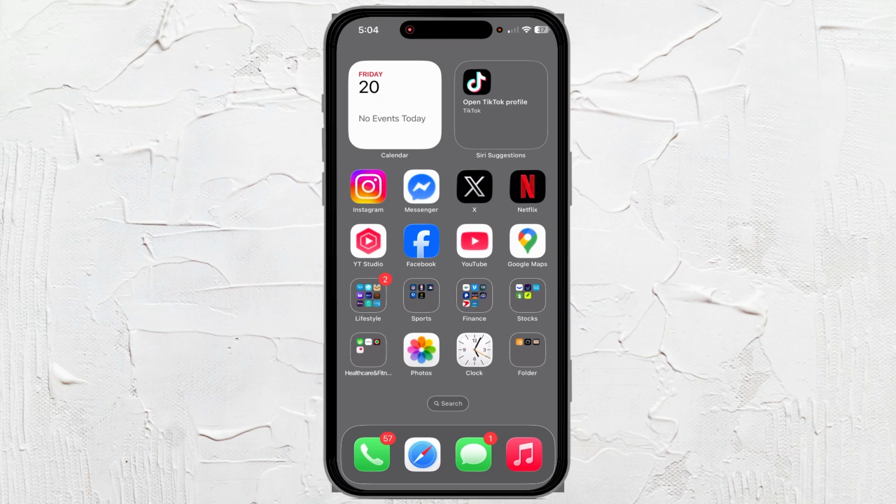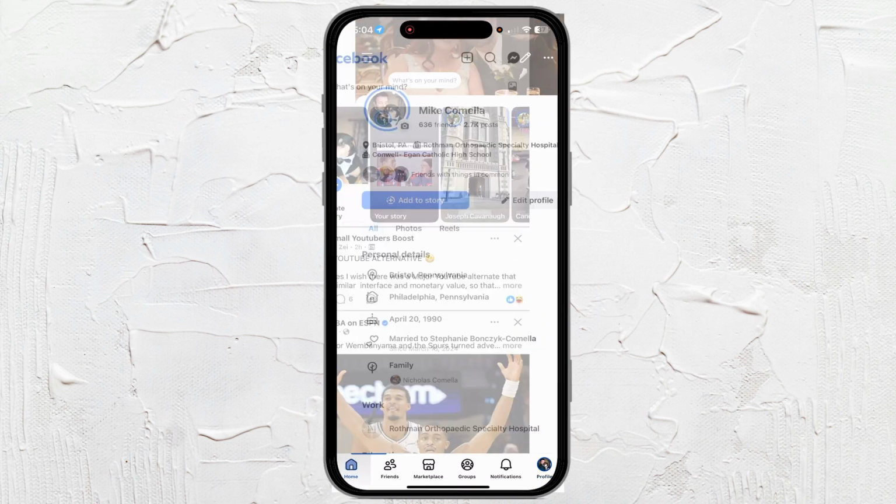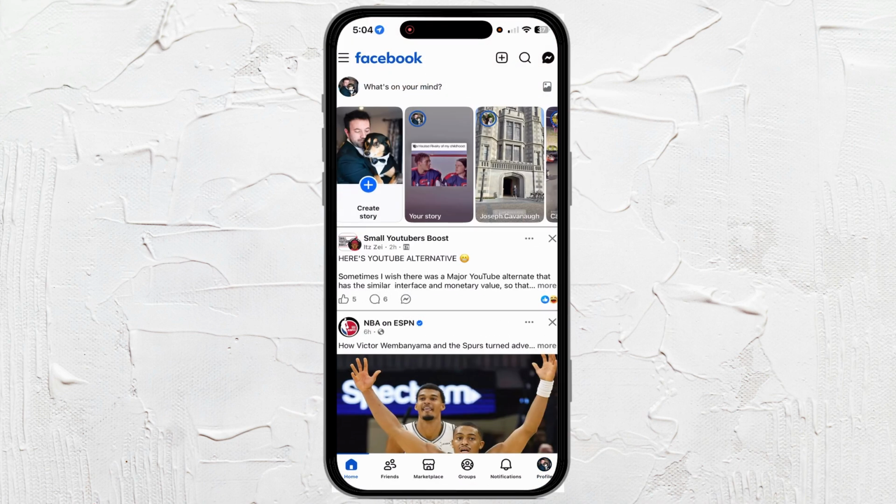How to change your name on Facebook. So it's very simple to do. So let's go ahead into our Facebook, and you want to go to your profile at the bottom right hand